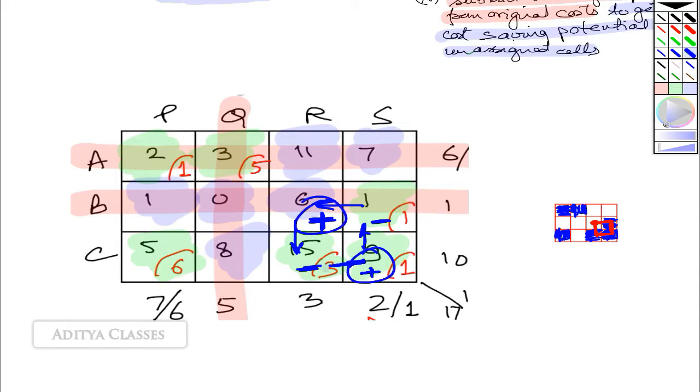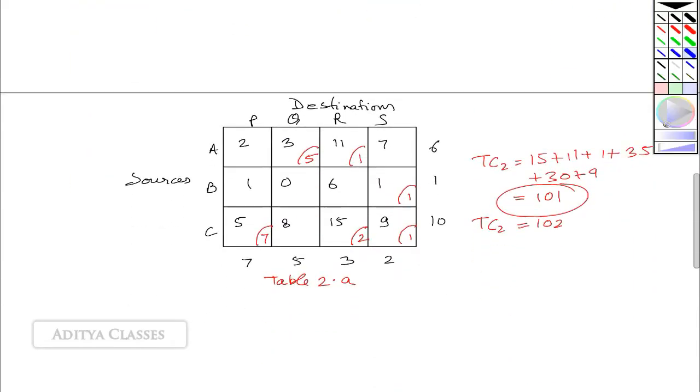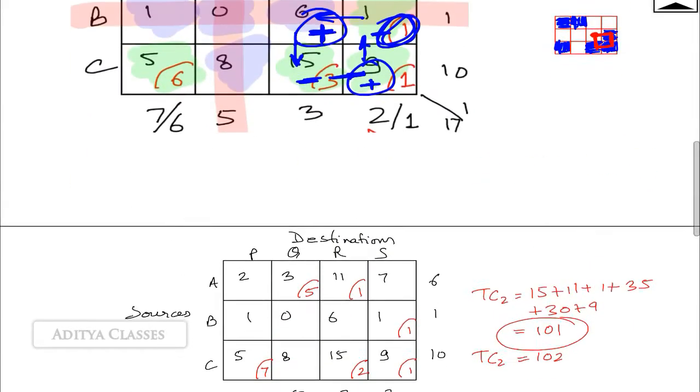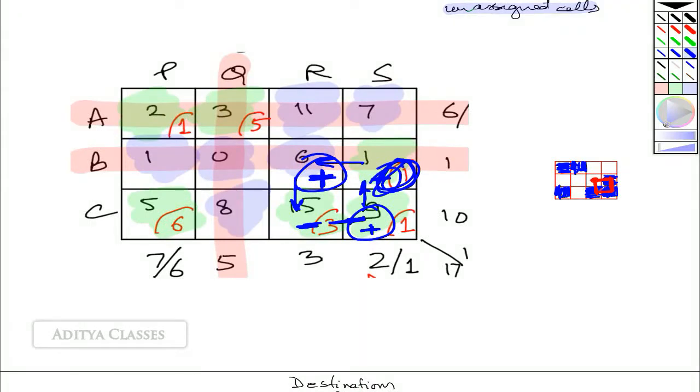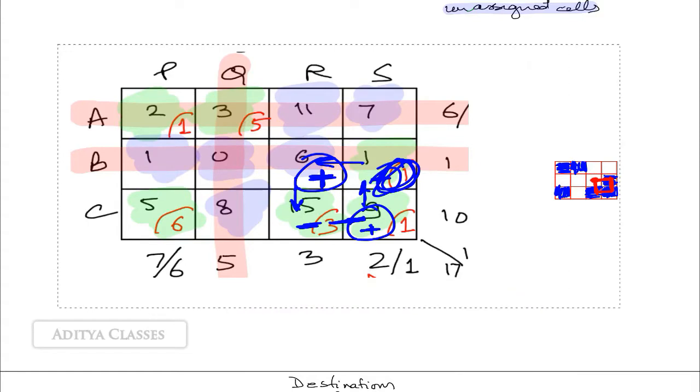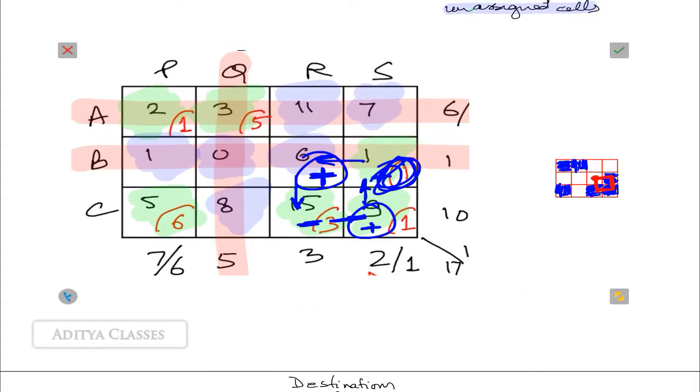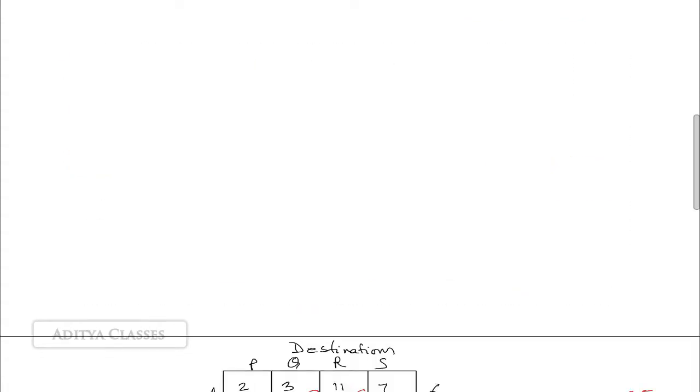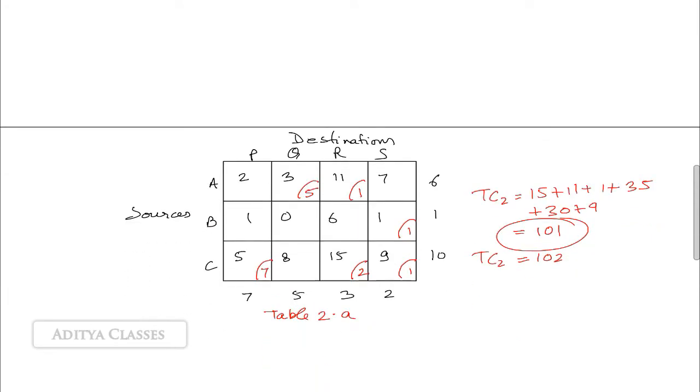Leave the plus signs. How many units can be transferred? We decide from minus signs. The minimum in the minus values. Minimum assignment in the minus values is 1. So in previous case also I transferred 1 unit. In this case also I will be transferring 1 unit. So both the cases are equally good. None of them is dominating the other. So in this case, you can pick either of these, and I have picked the first cell.